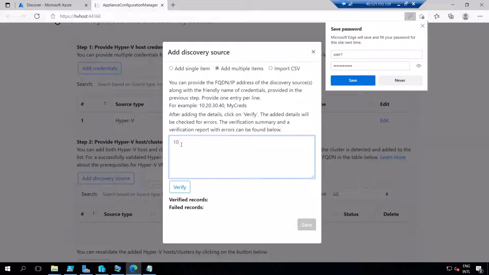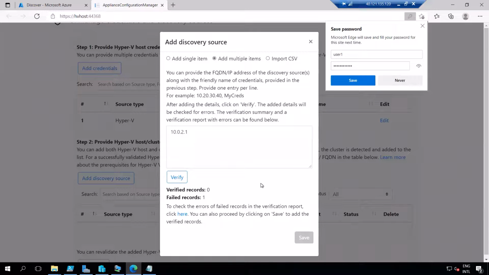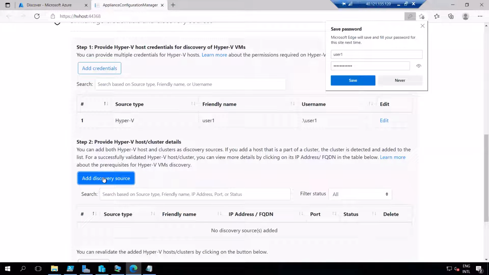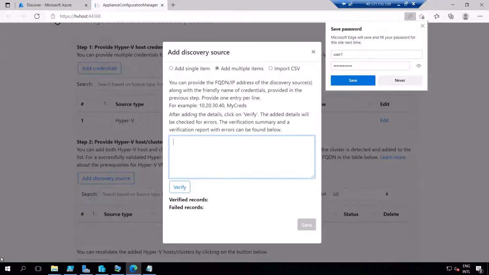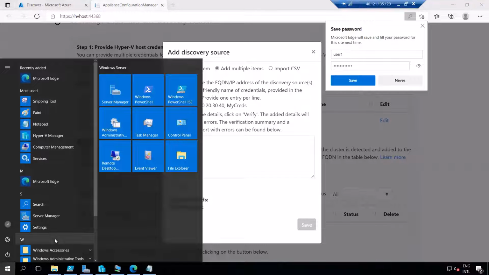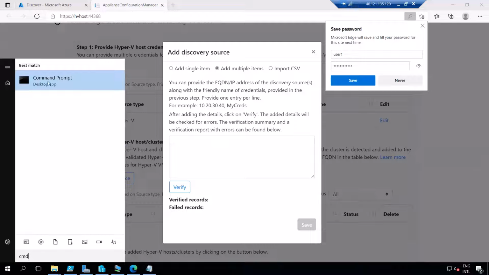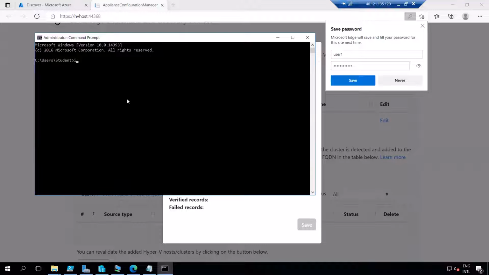Let me put 10.0.1 and verify. User one, right? Let me try one more time. Before that, let me see the IP config.